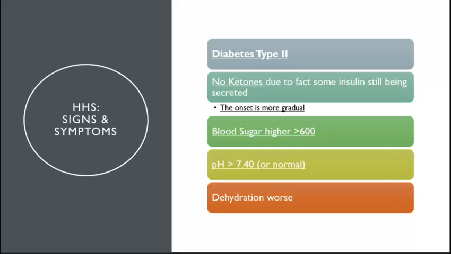It is a more gradual onset. Blood sugar is going to be high. These are your patients that are coming into the ER, and you take their sugar level, and it's over 700, and they're like, I just have a headache. I don't know what's going on. Their pH is probably normal. They're not breaking down fat, so they don't have these ketones. They don't have the acids. So their pH is normal, but their dehydration is the problem.